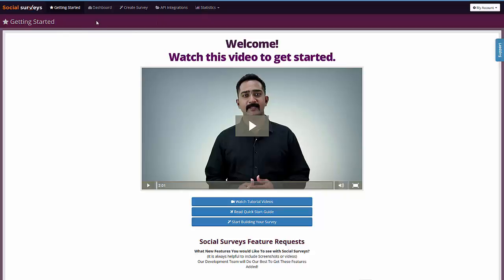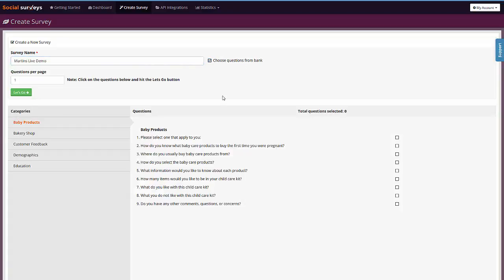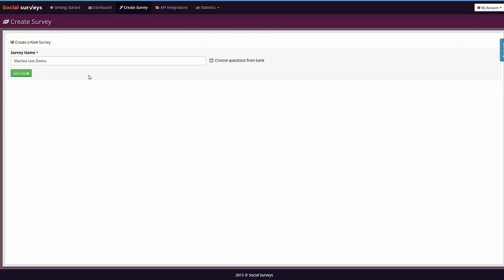So rather than go into each feature now, I'm going to create a new survey and show you everything from the start. You pick your survey name. If you tick the box here, question bank, you'll notice there are loads of pre-loaded questions that have been researched and they're all tried and tested from big industry surveys. You can use those to build your survey, or you can just create your own questions, which most people I expect will do. So we click the green Let's Go button,